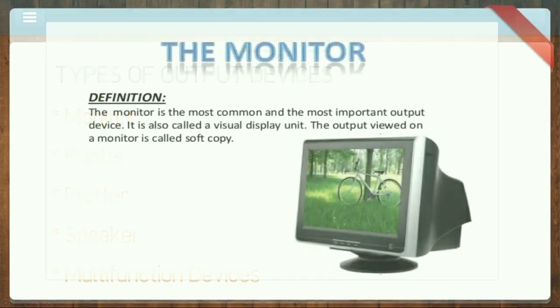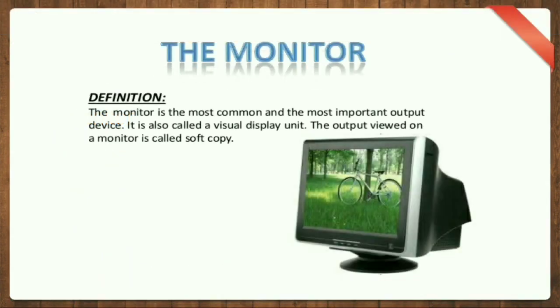Types of output devices: monitor, printer, plotter, speaker and multifunction devices. The monitor is the most common and most important output device. It is also called a visual display unit.